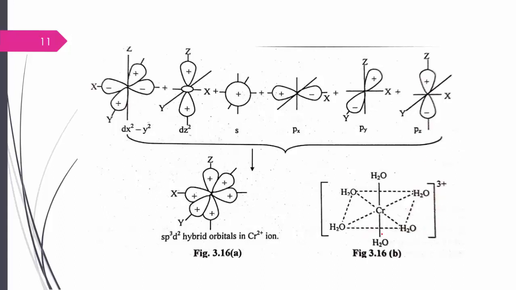Here we can see the octahedral structure of the Cr(H2O)6 2+ molecule, which forms an octahedral shape. The bond angle is 90. Try to understand the bond angle for any such molecule, whether it is equatorial or axial. These two are called axial: this is axial H2O, axial H2O. This is equatorial, equatorial, equatorial, equatorial. So for all, whether equatorial or axial, the bond angle is 90 degrees. So the shape of this molecule is octahedral. Therefore, this hybridization is called octahedral hybridization.